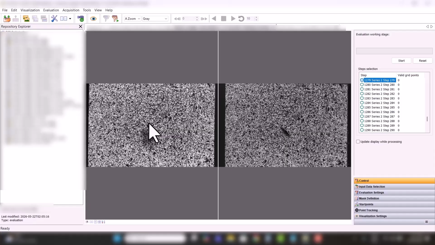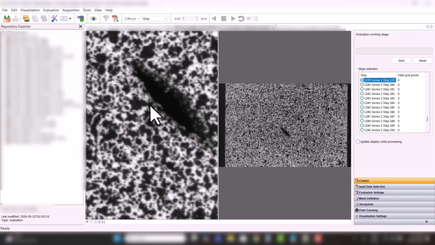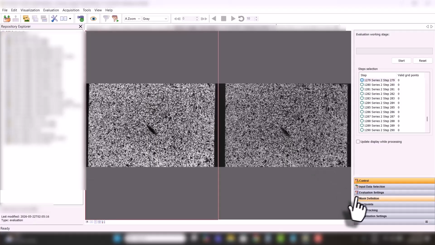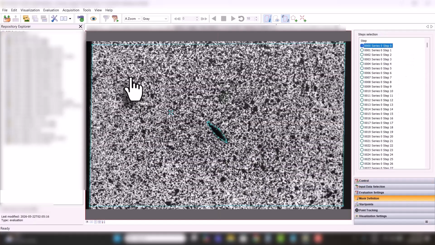So it's more about how we get up as close to these edges as possible without losing too much precision. In this case, what's going to help is a smaller facet size. We can't make the facet size too small because then there won't be enough speckle features within each facet to do a correlation, right? But the smaller the facet size, the closer we can get up to the notch edge. Something else to keep in mind is that when it comes to the mask definition for a specialized case,